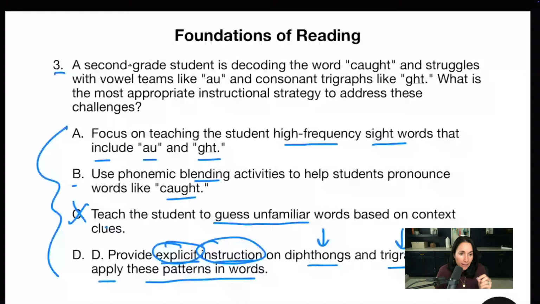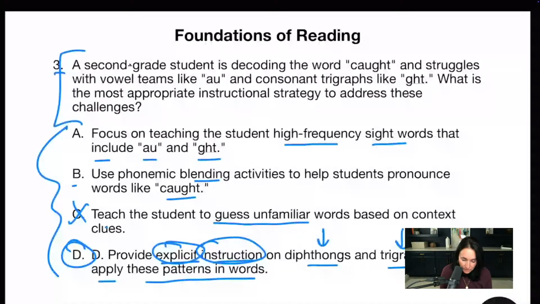Okay. Systematic means that we go in a pattern based on a student progression. So students learn this skill, then they learn this skill, then they learn this skill. It's a continuum. And then recursive instruction means sometimes I have to go back to go forward. All right. Sometimes I have to go back and fix up some of these basic skills in order to have the skills I need to move forward. All right. So very, very important there. So I like D the best. Let's have a look at the question.